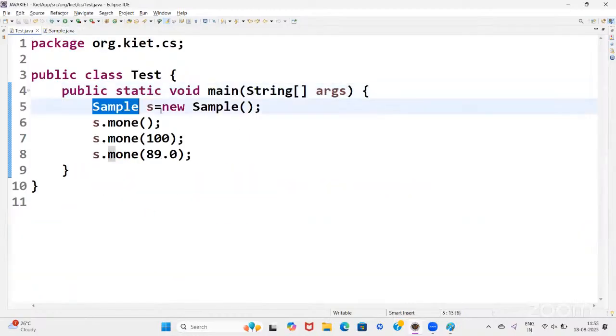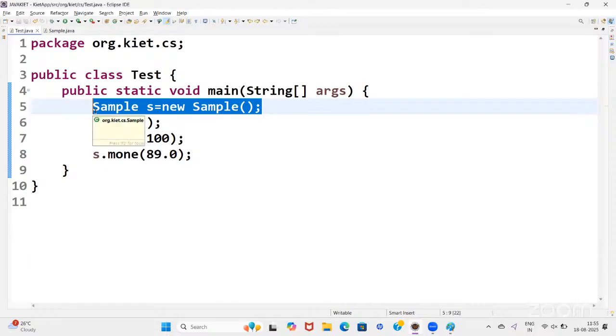Sample s is equal to new Sample. So this is called object creation. For example,